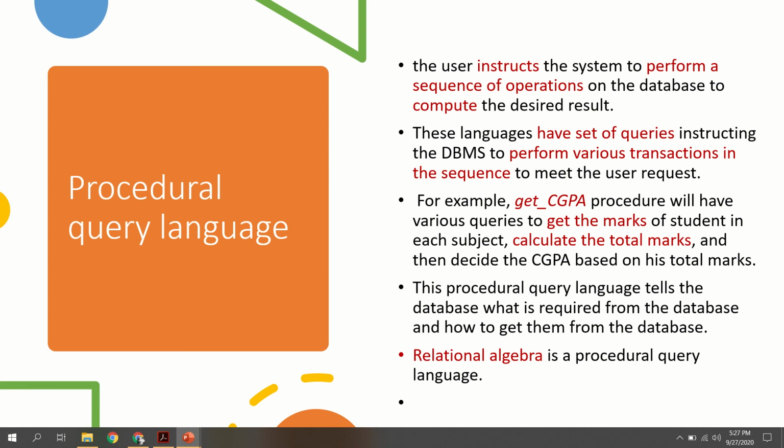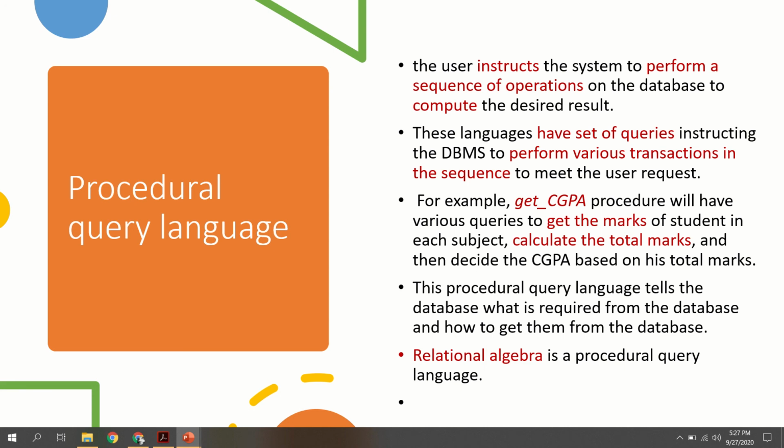So we can write a procedure, let the name of the procedure be getCGPA, whose purpose is to calculate the CGPA. But what we have is only the student table, which contains all the information of the student, including ID, name, marks on each subject, etc. So what the user has to do, if he is writing a procedure and the aim of the procedure is to calculate the CGPA, first he will retrieve each and every mark of the student. That is, he will get the marks of the student which are available in the database. That will be the first step.